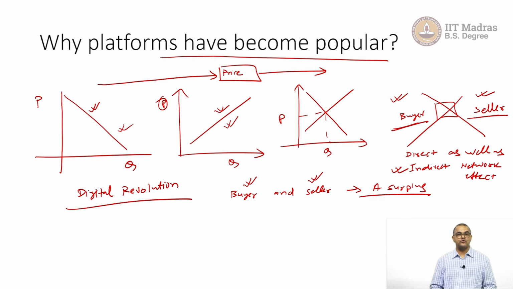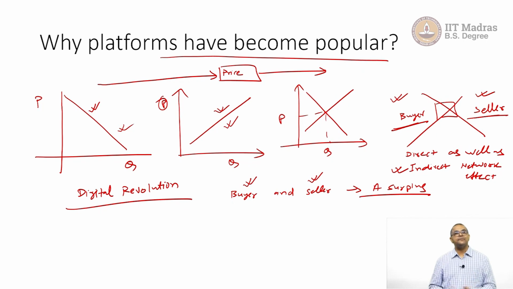Of course, earlier also some people tried to make markets and they were successful. If there is an intermediary who is able to bring these buyers and sellers together, where buyers and sellers are not able to come together on their own, that intermediary is generating a surplus. But the key is, think about it theoretically, that buyer and seller can meet on their own. So there has to be some inefficiency in the system, in the market, in the society, so that these buyers and sellers are not able to come together. This inefficiency, we can call friction.